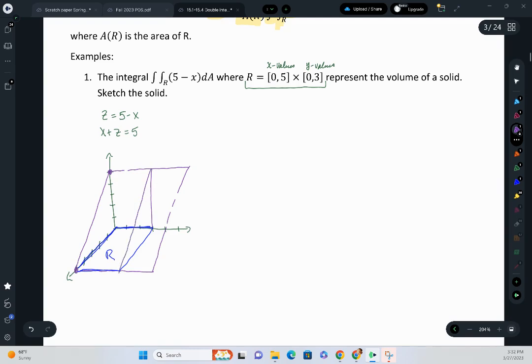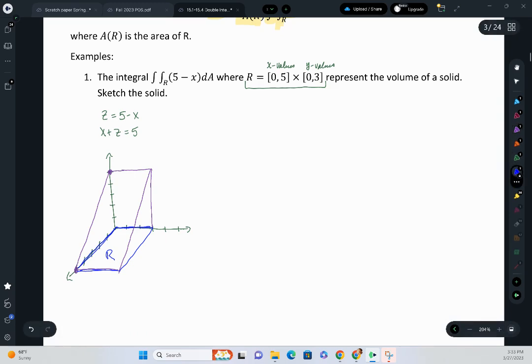And I have that. Now it looks like I can erase some of my plane here so that we can just focus on the solid. Okay, it looks like a solid triangular shape that we have here. I can think of a wooden block that my son has. It looks just like one of those wooden blocks. All right, so that's all we were asked to do, sketch the solid,